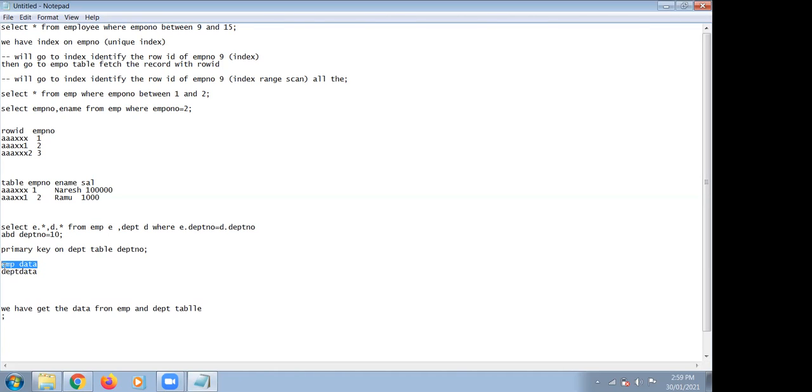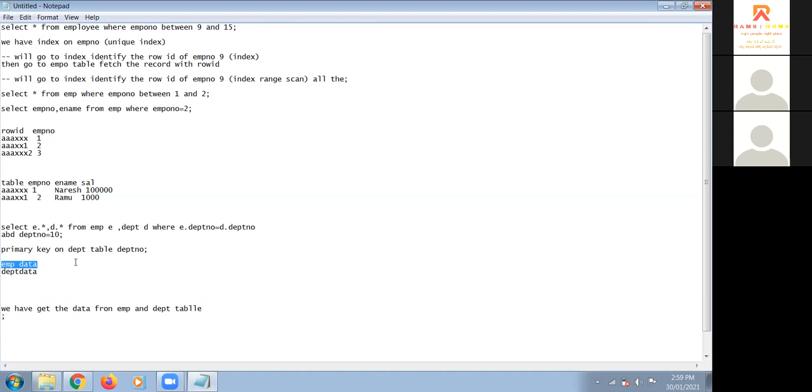For example, if our table has millions of records, it will degrade the performance of the query. If you have an index on department number, it will do a range scan on the employee table and identify the records.